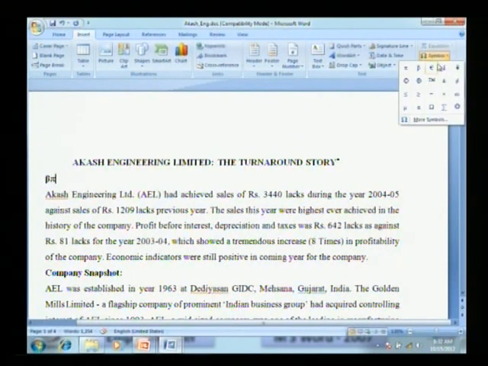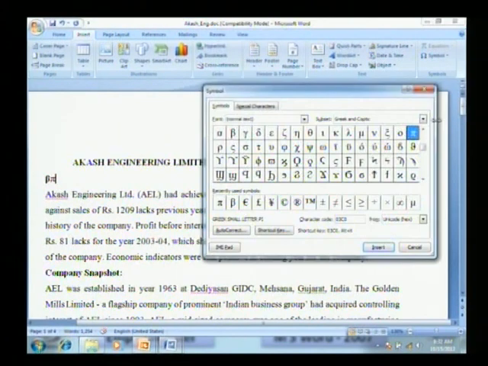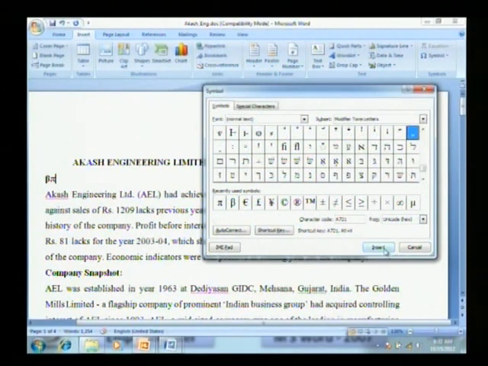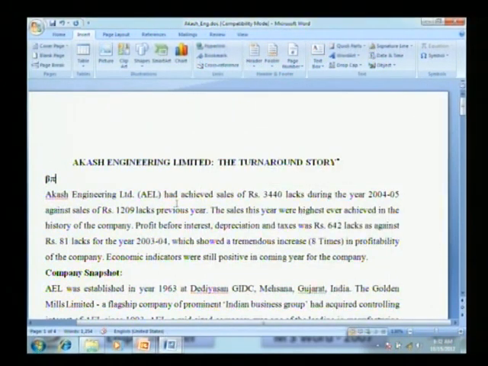Normally it is required when we write documents scientifically, like mathematics papers, physics papers and so on. In those cases, all these symbols are required. More symbols are available, so we may select any symbol. Fine. The entire symbol set is available. We may create it.